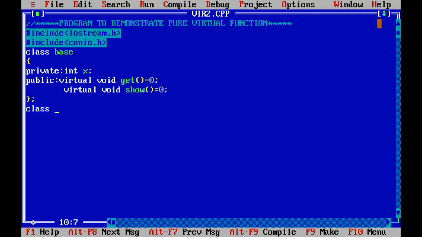Now we are going to make a class derived, and we are going to publicly inherit the base class in the derived class.